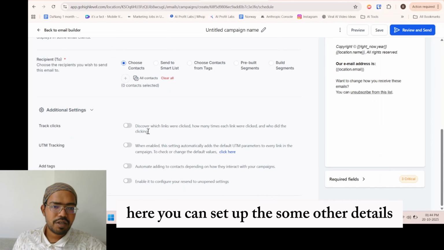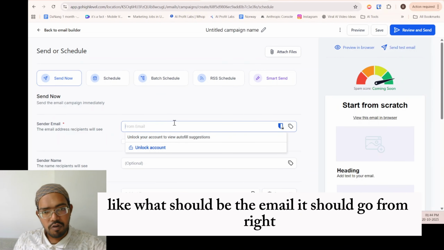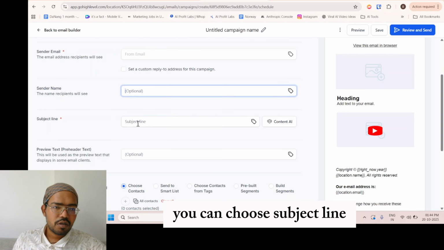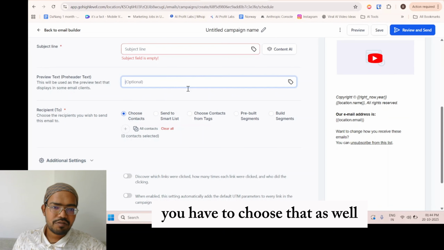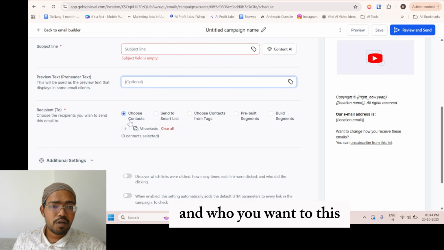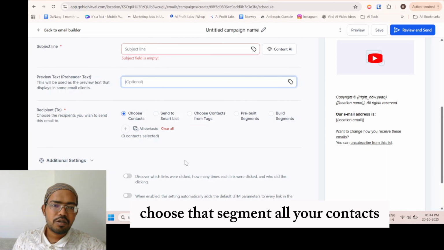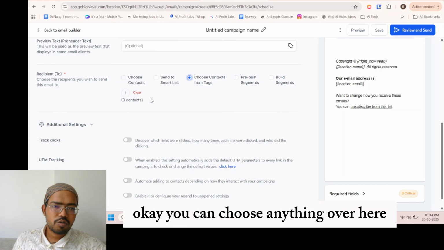Here you can set up some other details like what email it should go from. Right, so sender email you can choose, sender name you can choose, subject line you can choose, preview text you have to choose that as well, what preview text should appear with the subject line, and who you want to send this email to, right? Choose that segment, all your contacts. So if you click, let's say I choose this. Okay, you can choose anything over here,